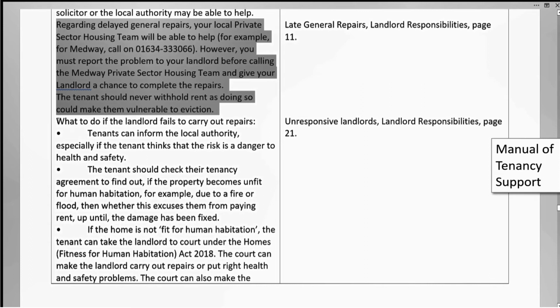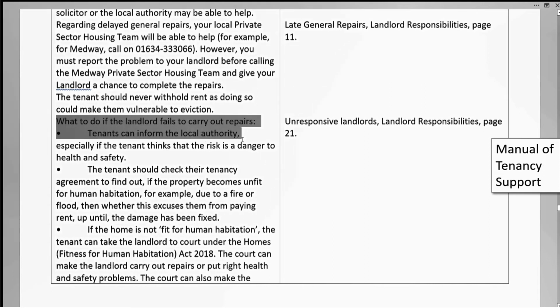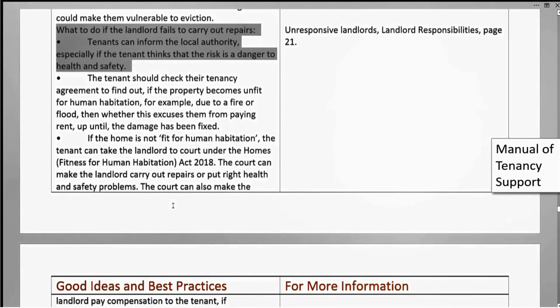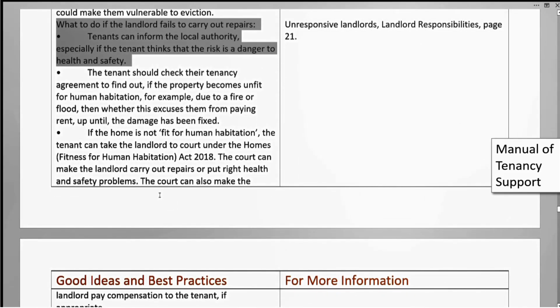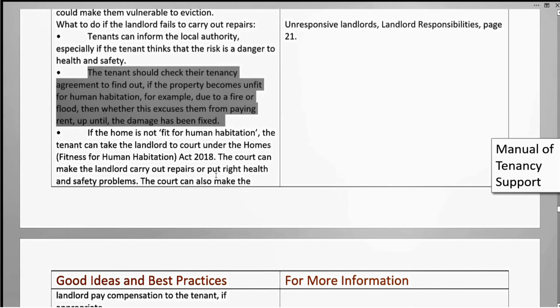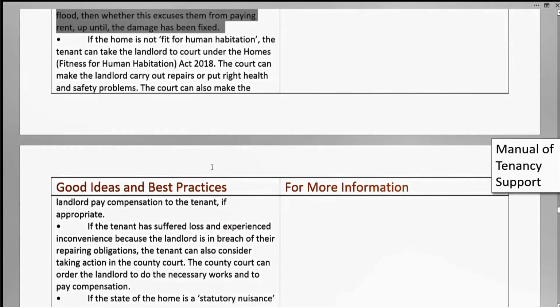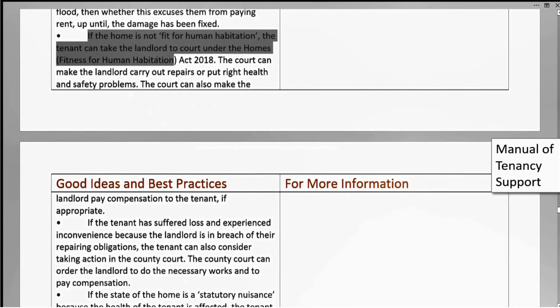What to do if the landlord fails to carry out repairs? Tenants can inform the local authority, especially if the tenant thinks that the risk is a danger to health and safety. The tenant should check their tenancy agreement to find out if the property becomes unfit for human habitation, for example, due to a fire or flood, whether this excuses them from paying rent until the damage has been fixed. If the home is not fit for human habitation, the tenant can take the landlord to court under